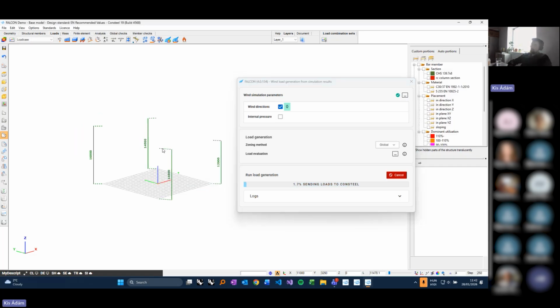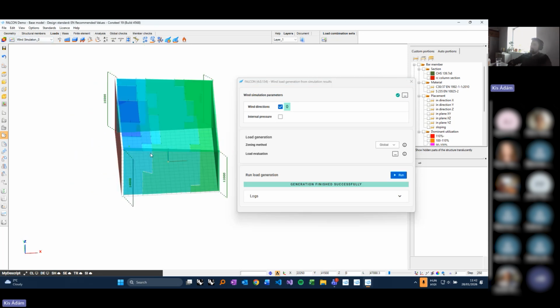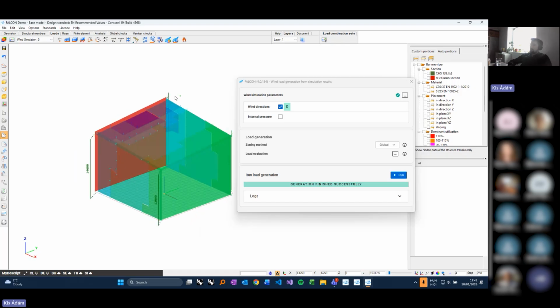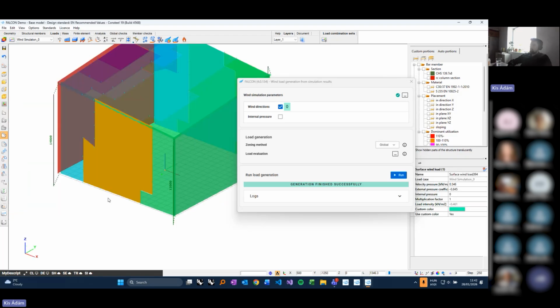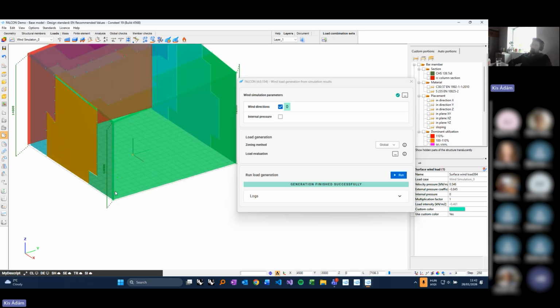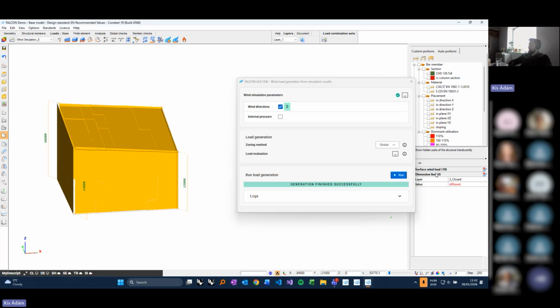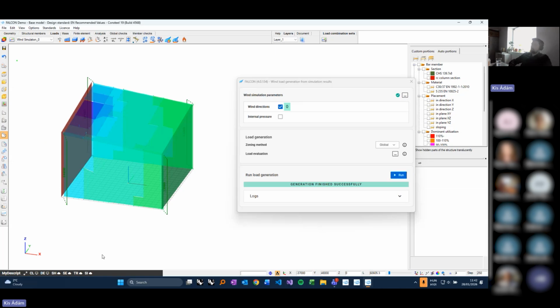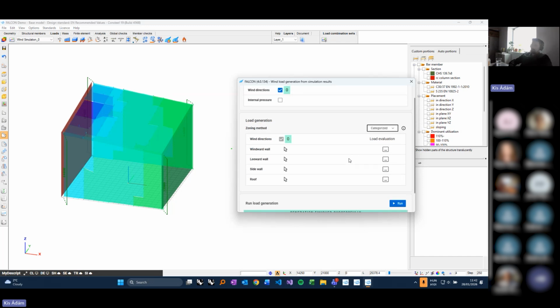And remember, we let these 8 specific zones be created, and this is what we see ultimately: we have multiple zones already, already combined faces of the result mesh, which makes it easier to run, because right now we have only 18 loads. Previously I forgot to select all, but we had hundreds of specific loads. And what happens during the categorized scenario,